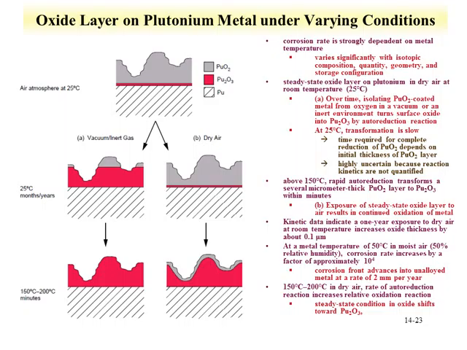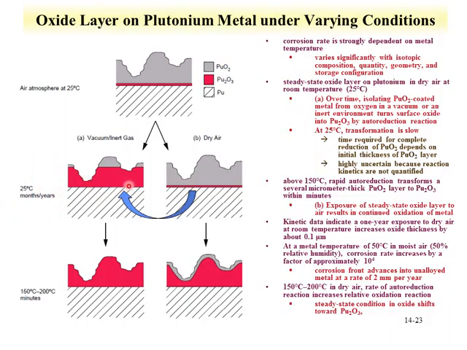Here's an overview of plutonium metal oxidation under various conditions. Here's what we described earlier, where we just have air atmosphere at 25 degrees, where we have the plutonium dioxide, the trivalent oxide, then with the plutonium metal. If the atmosphere is varied, and we have either inert gas or dry air, what we see at 25 degrees